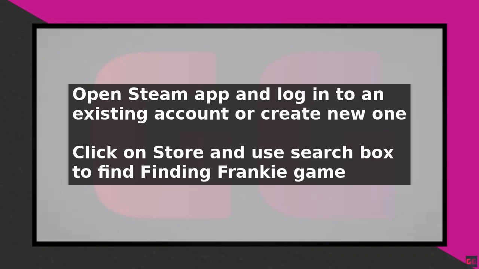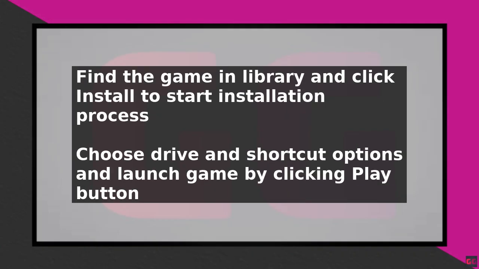After purchasing the game, it will be added to your Steam library, which you can access by clicking Library at the top left. Find the game in your list of games. Click on it, and press Install. You'll be asked to choose a drive for the installation and whether you want to create desktop or start menu shortcuts. Once the installation is complete, you'll receive a notification from Steam, and you can launch the game by clicking